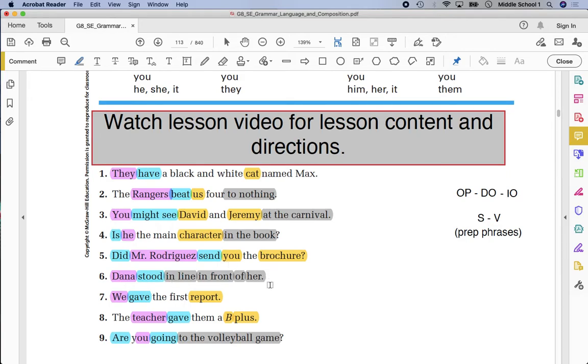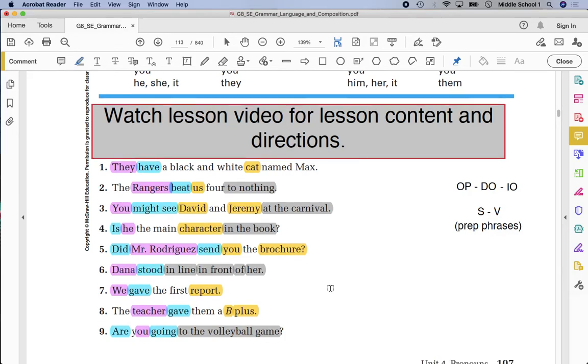Again, tomorrow we'll be able to identify, yes, indeed, I do have a pronoun, and it's part of a prepositional phrase. But again, my point of emphasis today is to simply be reviewing the identification of those sentence parts, and then tomorrow we'll take a look at the pronouns themselves. We gave report, subject, verb, direct object. Teacher, verb, gave, direct object, be